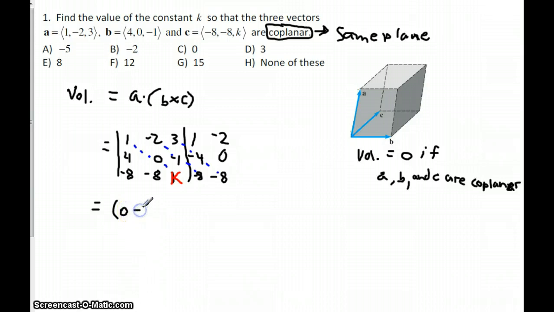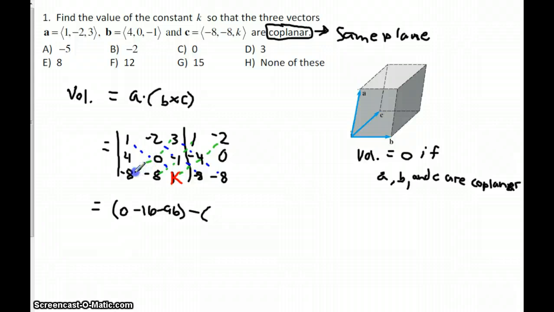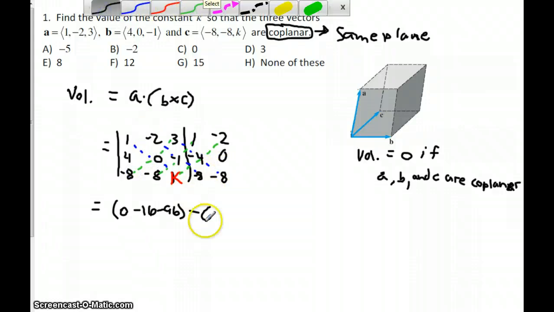minus 16, there's 3 negatives there, and 12 and 8, that's 96, minus 96. That's the forward-facing diagonals. Then we have the backwards-facing diagonals. Multiply along these guys. Be careful with the signs, with all these arrows drawn in. It's easy to make a mistake with the signs, but we'll have an